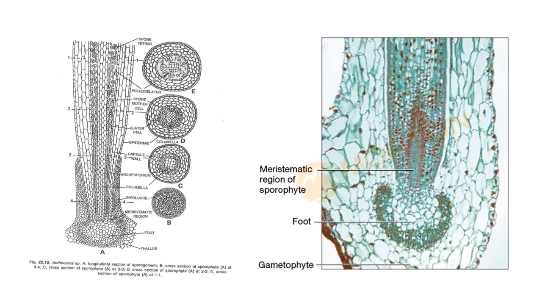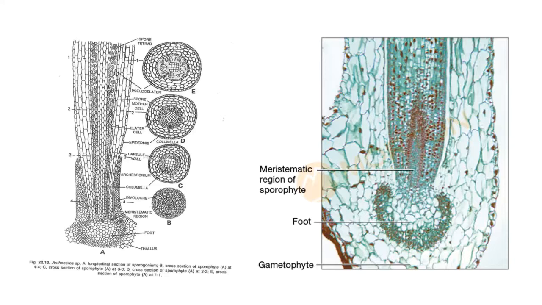The internal structure of the sporophyte is highly elaborated and complex, as you can make out from the diagram. It shows three different regions, as we have mentioned. There is a foot, there is a meristematic region, and there is a capsule. Involucre is not a part of sporophyte. I have already mentioned it, and that's the reason why it is haploid, due to be a part of gametophytic tissue.